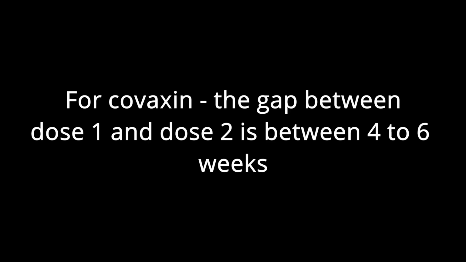Now the same thing happens for other things, but the question here is, if you are picking Covaxin, which is manufactured in India by Bharat Biotech, that time period between first dose and second dose is 4 to 6 weeks. So from the day when you have taken the vaccine, it's 4 weeks, or maximum it can go to 6 weeks. Within that, you will have to reschedule again for the second dose, and again the same process you will follow. They will guide you when you go into the CoWIN app, and you will get it.